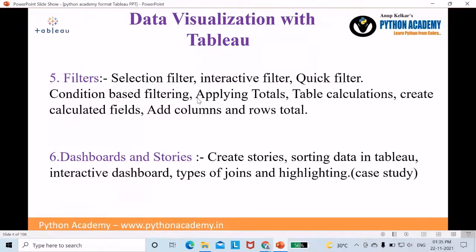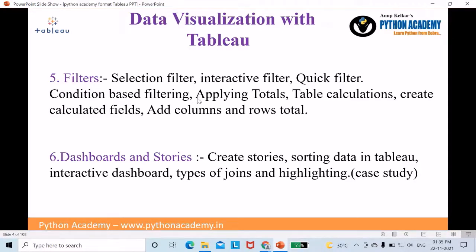Every feature we can use repetitively and continuously in every dataset, because all the filters and calculations are a part of statistics, and without statistics you cannot build any visualization. So you have to apply the totals and the filtering option every time during your visualization.